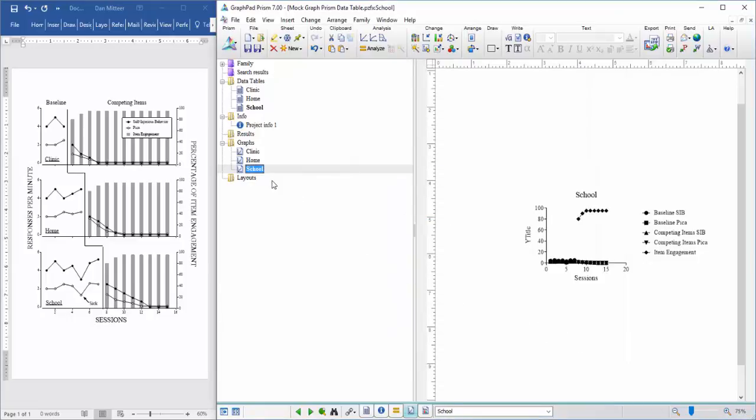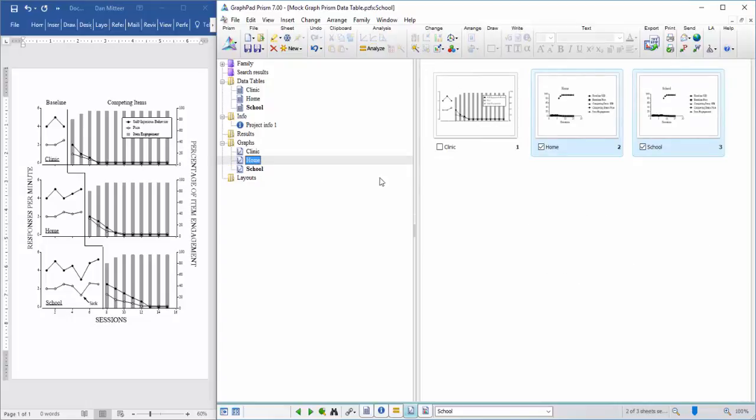Now what we'll do is by holding the Control key down, if you're already selected School, just click on Home, and you'll see this new window pop up where it shows what graphs are selected, Home and School. What we'll do is select this little magic wand feature up here,